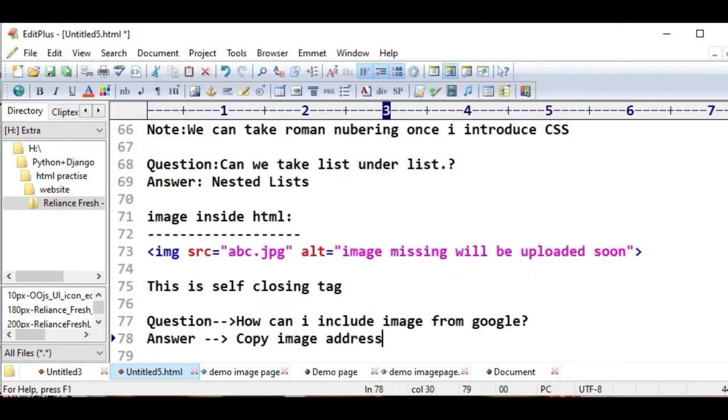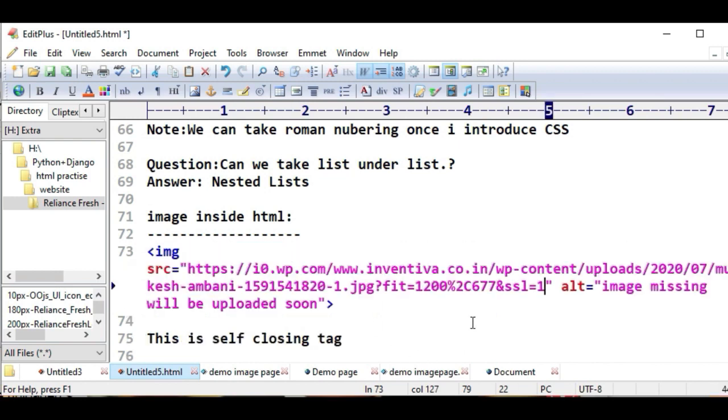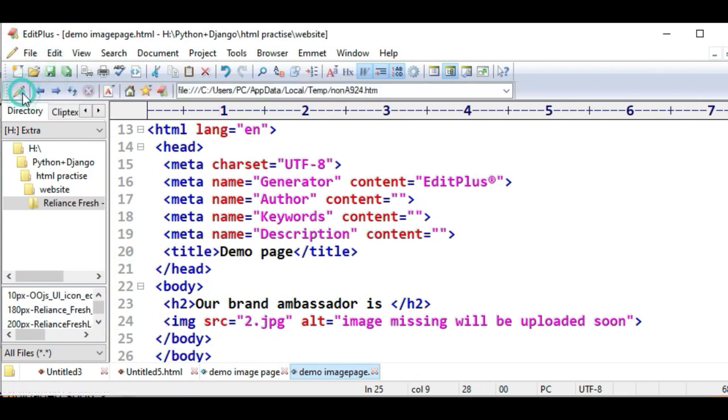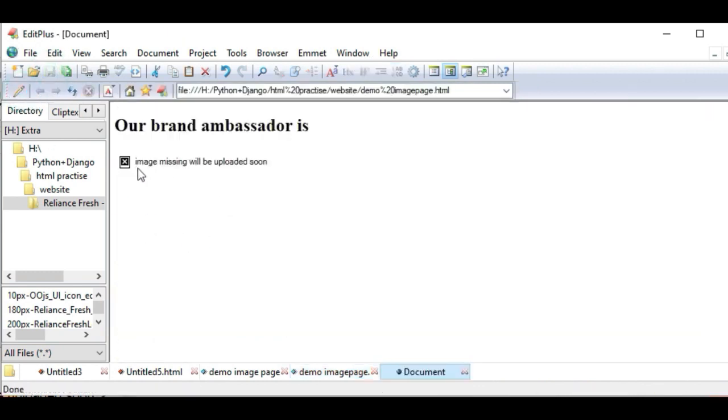Let's see if it's working or not, and paste here. So what will happen when I remove this? For example, I remove the name and run it. You can see image missing will be uploaded soon.